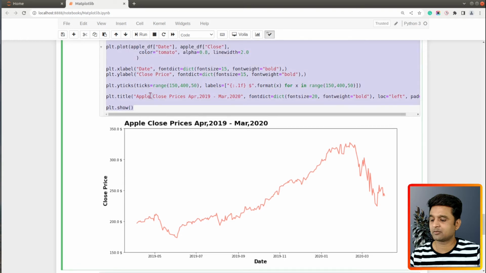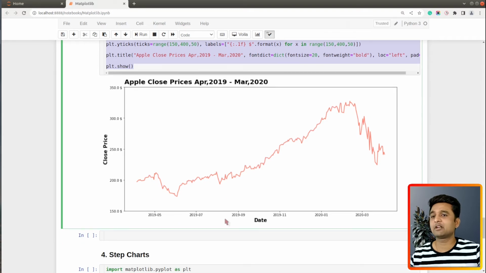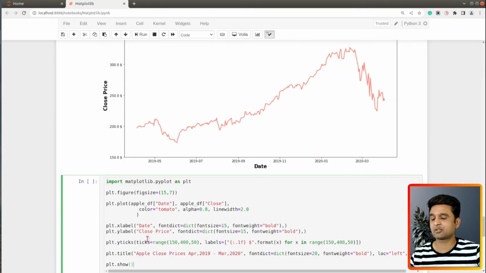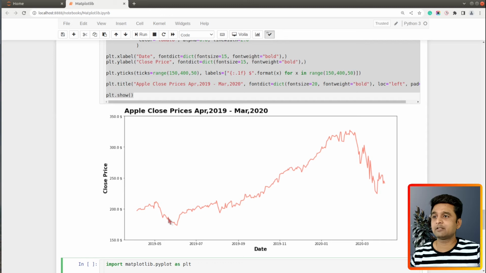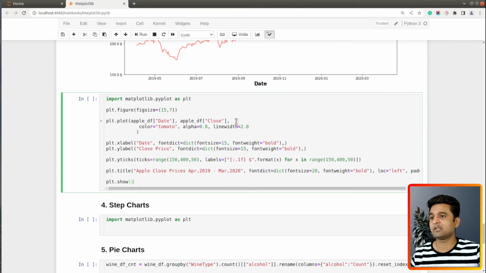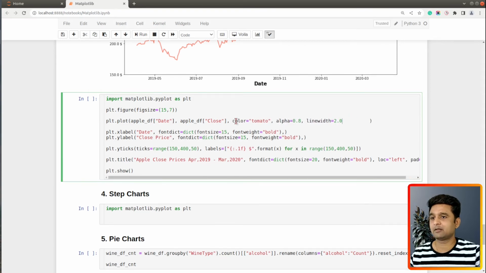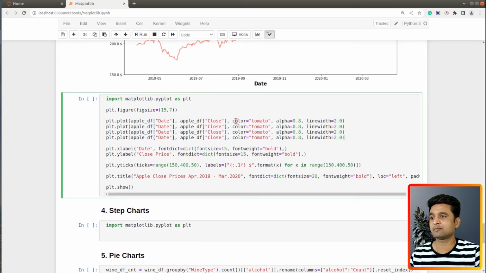Okay, so before we move on, let me create one more line chart for you guys. In this line chart, we have only one line, but let me create one more line chart where we have multiple lines. So I will copy this code, and in this next line chart, I will plot all the 4 prices we have available, which are open, high, low and close. So let me modify our code. And okay, I will copy this one 4 times